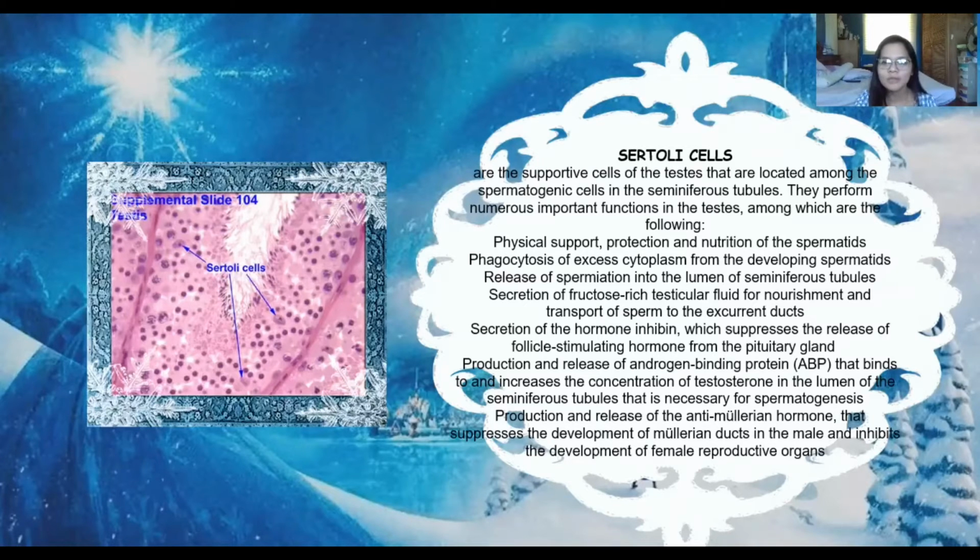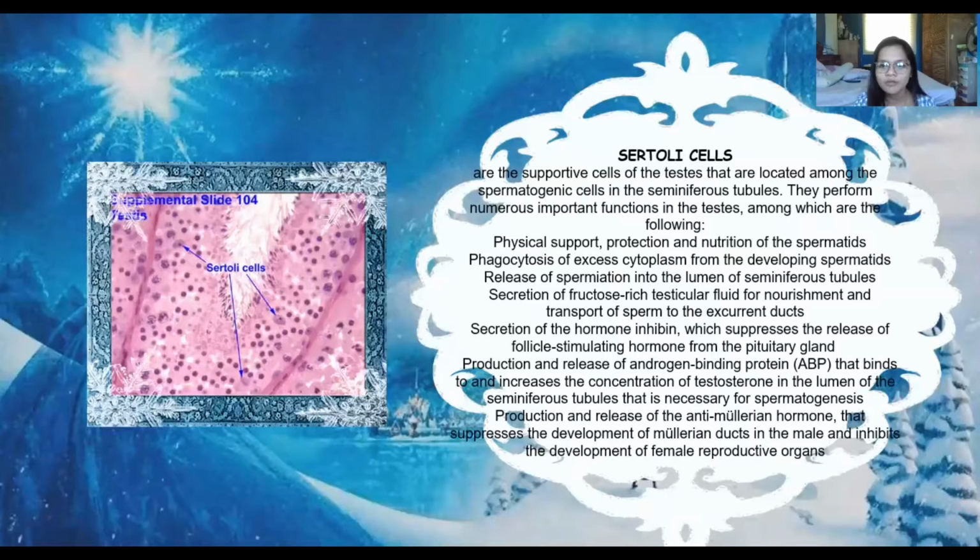They perform numerous important functions in the testes, among which are the following: physical support, protection, and nutrition of the spermatids; phagocytosis of excess cytoplasm from the developing spermatids; release of sperm, or spermiation, into the lumen of the seminiferous tubules; secretion of fructose-rich testicular fluid for nourishment and transport of sperm to the excurrent ducts; secretion of the hormone inhibin